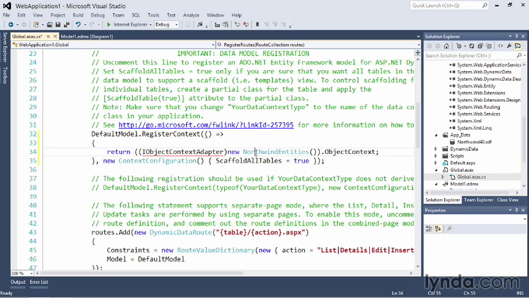And then you're going to need to modify this so it says your entities. I've already changed it. It says Northwind Entities. That represents my entity model. And then I have a compile error right now. What I need to do is add a using statement to the top of my page for